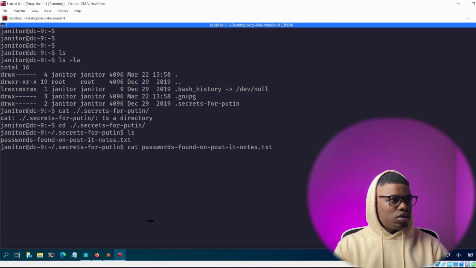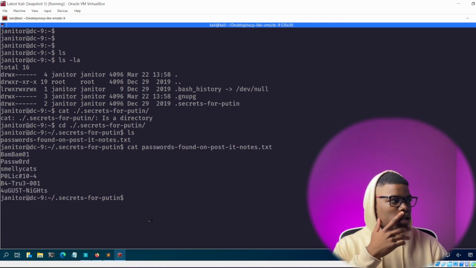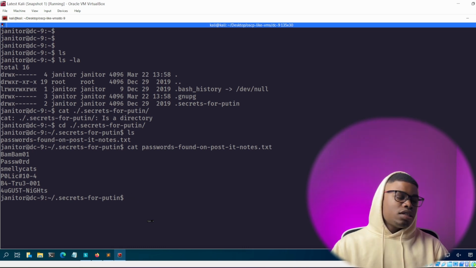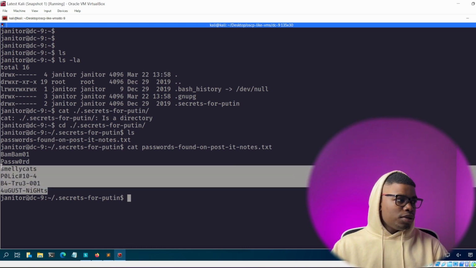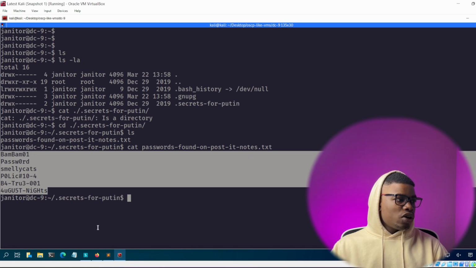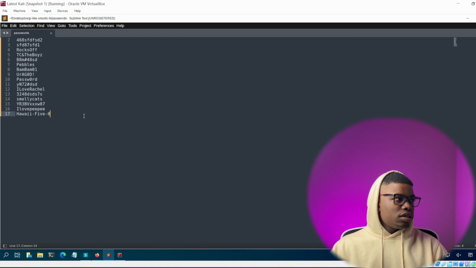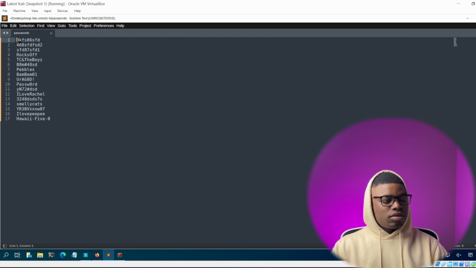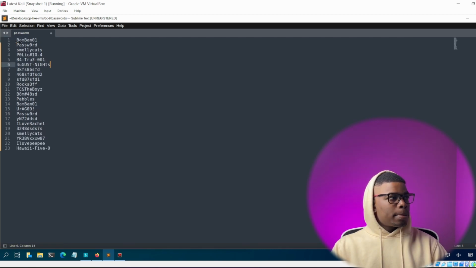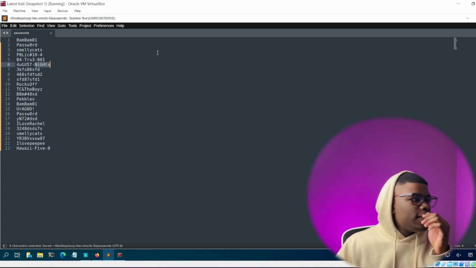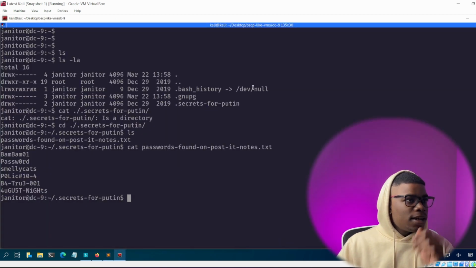Then it says passwords found on post.tip. There are other passwords, probably for SSH as well. So we could add these to our passwords file, and let's put them at the top so that we don't waste time. What did I just do? Yeah, let's put them at the top. Save that, and then what we want to do now is